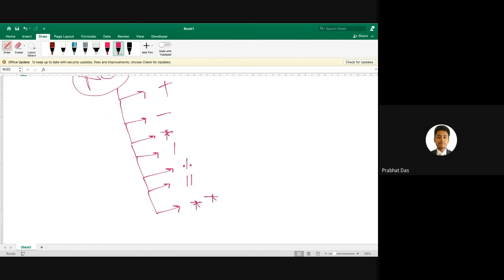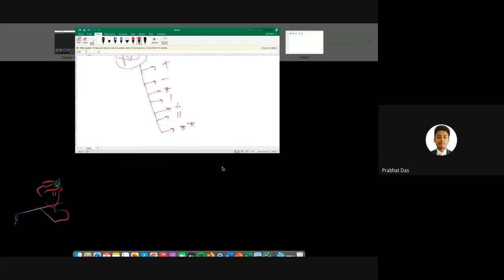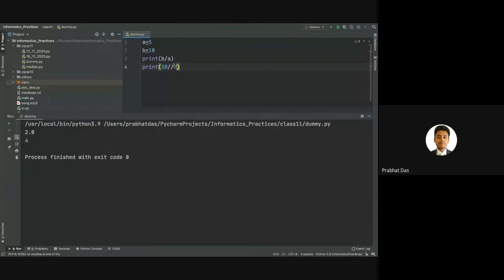In this case, we generally use 2 asterisks to find the exponential values. Let us try to understand how it is performed. Let's say we need to perform 2 to the power 2. In this case, we'll write 2 star star 2. We get the output as 4. What about 2 to the power 3? 2 star star 3, and we are getting the value to be 8.